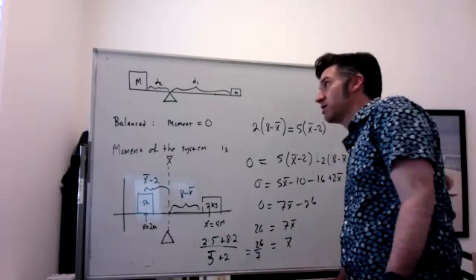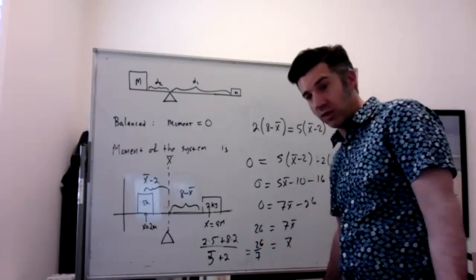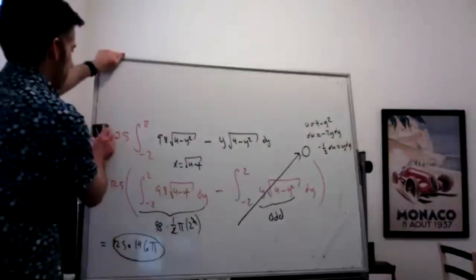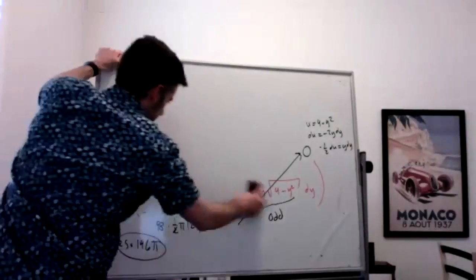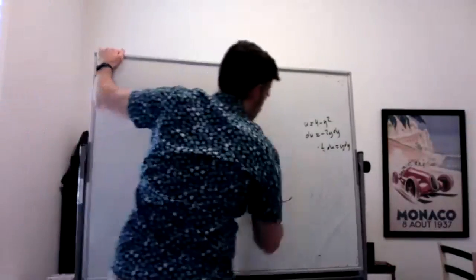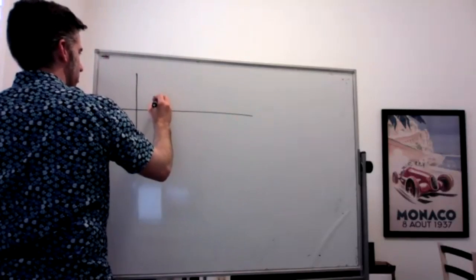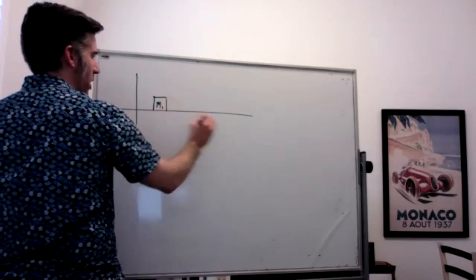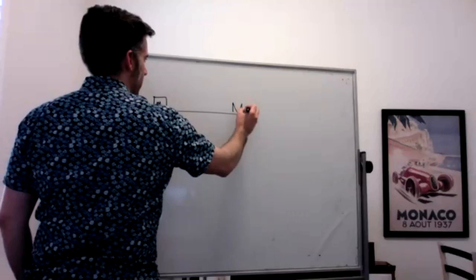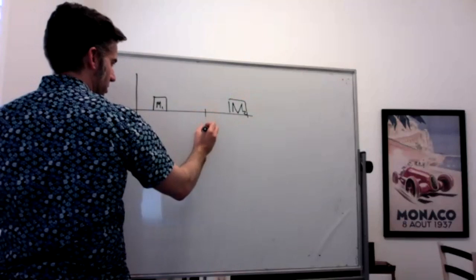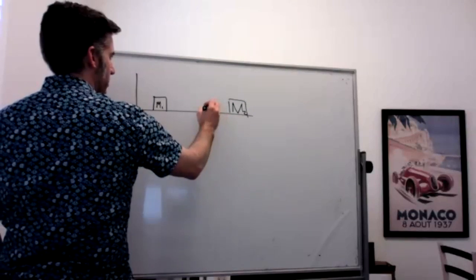You can see this if you look at the formula more generally. I was trying to pick numbers to make it easier. I feel like that didn't make it easier. But if we look at this a little more generally, I think this is worthwhile. So if I look at this again, but instead I've just got M1 and M2 here, and the center of mass is some x bar, and this distance is,